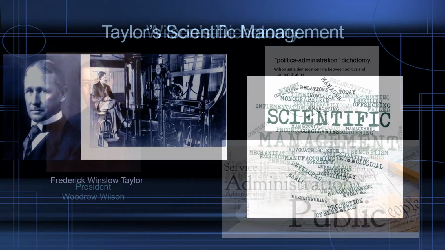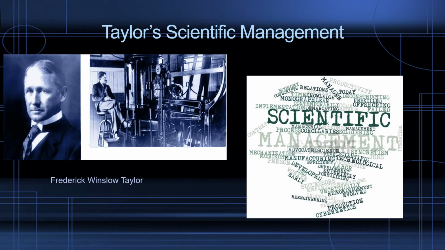Going to be Taylor's Scientific Management. Frederick Winslow Taylor had four principles. One was to replace working by rule of thumb. Second, rather than simply assigning workers to just do any job, match workers to their jobs based on their capability and motivation. Three, monitor workers' performance and provide instructions and supervision to ensure that they're using the most efficient ways of working. And four, allocate the work between managers and workers so that the managers spend their time